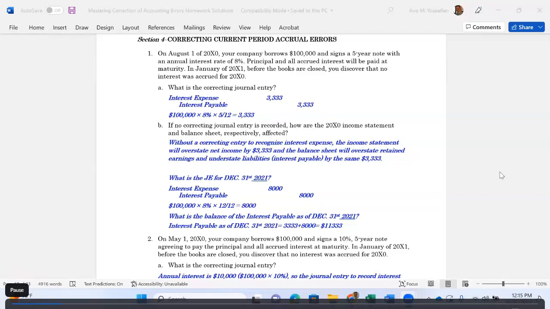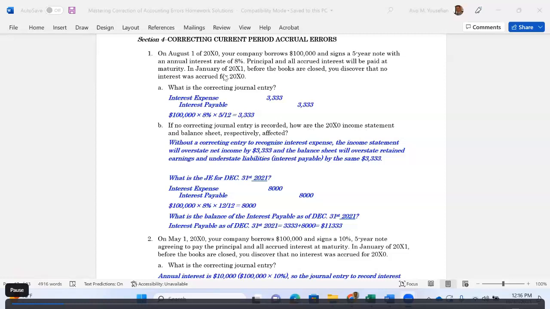But we borrowed in August of 2020, right? So August is included because it's August 1st. So August, September, October, November, December. That is how many months? 5 months, right? So